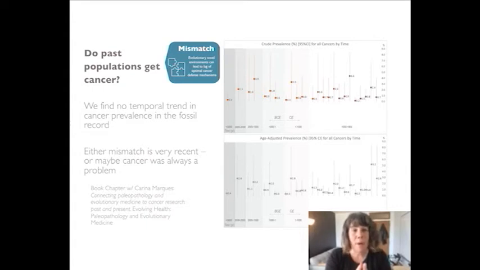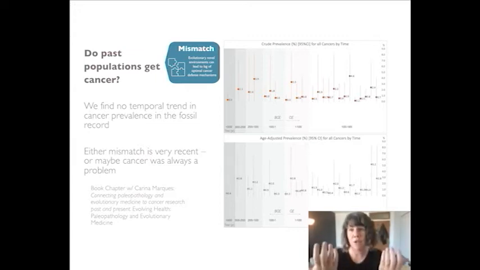And so I worked in collaboration with a paleopathologist, Karina Marks, and we just asked, this was a literature review and some of her own data, and we were looking at temporal trends. Did we see cancer start increasing, especially since the onset of agriculture? And we actually didn't find any temporal trend in the fossil record in past populations. Obviously, this is a limited data set looking at fossilized records, but we